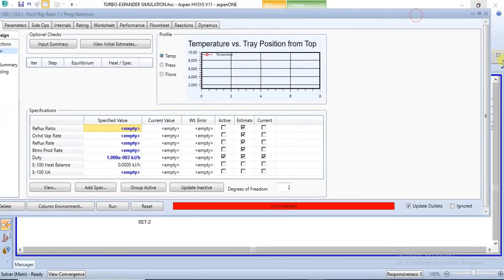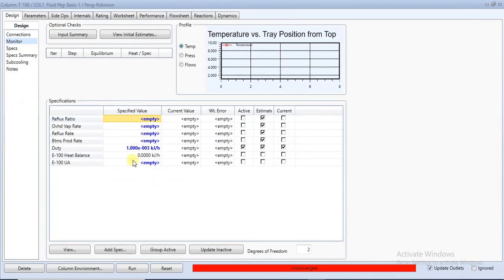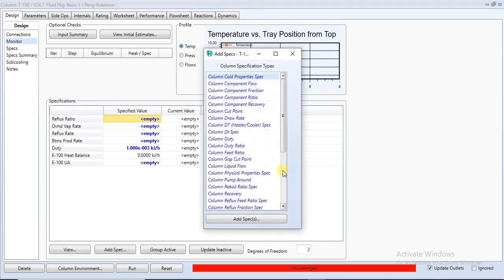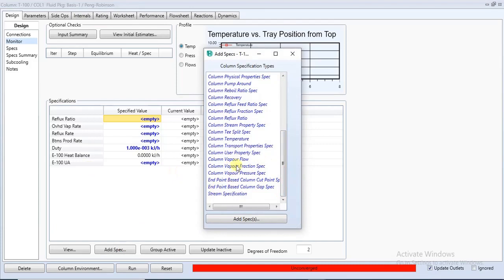Because initially we had a spec for the reboiler which was rate vapor pressure. So we now have to make that specification again and attach it to this heat exchanger. Now that we have changed the reboiler to a heat exchanger, we have to add that spec back and use the heat exchanger as the equipment instead. So we will just be doing that quickly. That is the vapor pressure spec,